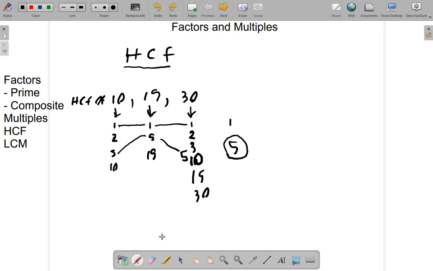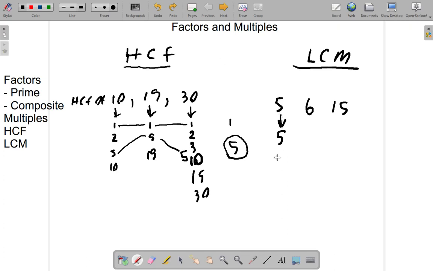Now we want to look at this other thing they call the LCM, lowest common multiple. Suppose we have some numbers. We have 5, we have 6, we have, let's say, 15. What we want to look at are the multiples of these numbers